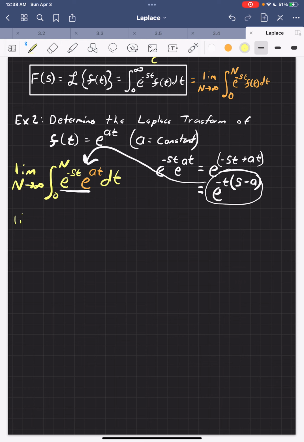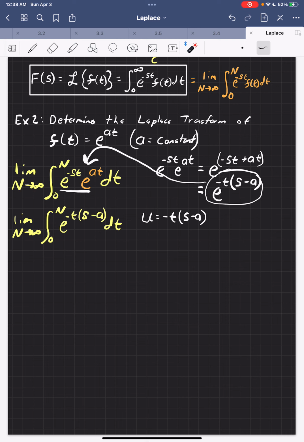All right, I'll go ahead and start to insert this. E to the negative t times s minus a dt. Okay, so again, the integration here is not bad. We're just going to let u be defined as negative t multiplied by s minus a. And as long as you can keep in mind that we are treating s, and of course a, as a constant,